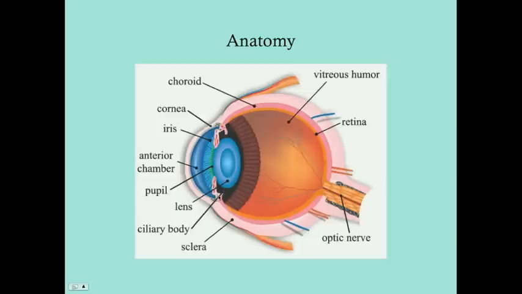It's the iris, it's the ciliary body, right here, and then it is also the choroid. And the choroid provides a base for the retina. It also provides a medium for the transport of nutrients and waste products. And the choroid is very highly vascular, so that's useful when it comes to providing nutrients and getting rid of